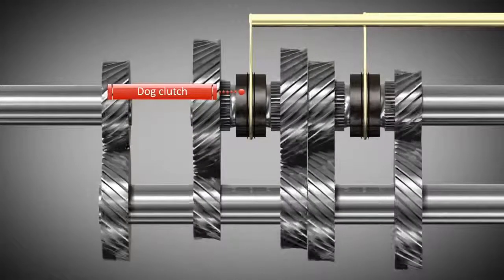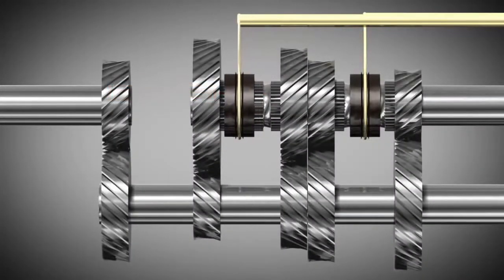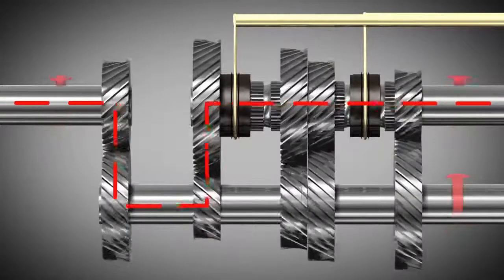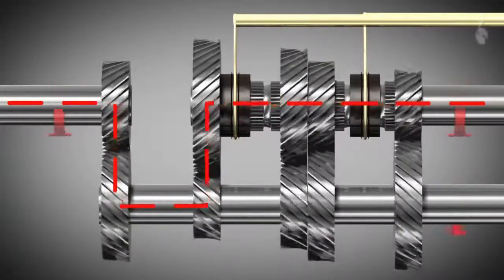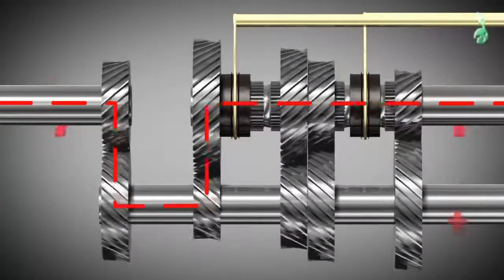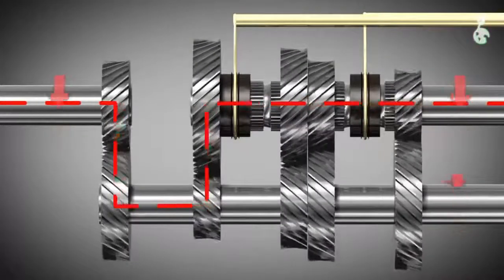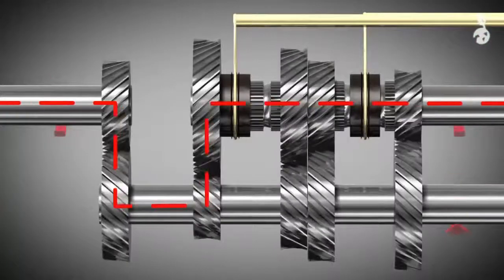To shift from neutral into first gear, a part of the dog clutch slides sideways. But first, the friction clutch has to be disengaged so that the engine does not transfer the mechanical energy produced to the transmission. The friction clutch can be engaged by the driver as soon as the dog clutch is fully engaged. Now, the energy produced by the engine is transmitted to the transmission. Then, the transmission transfers the energy through the counter shaft and the output shaft to the wheels, so the vehicle